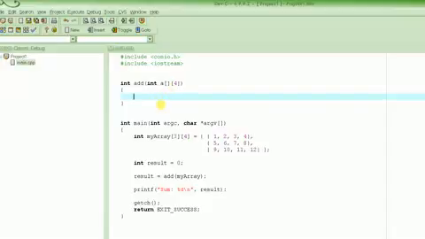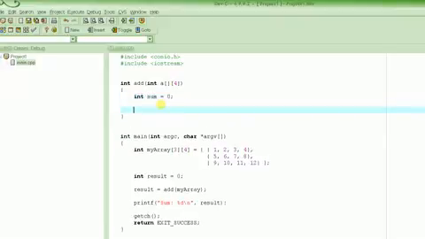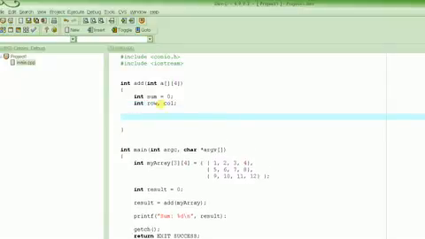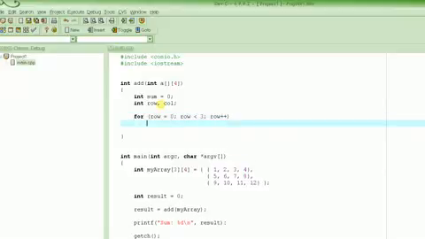So let's write the function. First of all, we will have to declare the sum, the variable where we are going to store the sum. Let's initialize it to 0, and then we have to visit all the elements. So we have to declare row and column as the loop counter variables. And we saw in our last tutorial that whenever we have to go through all the elements in a two-dimensional array, we have to use nested loops, right? So we do the nested loops right like this,